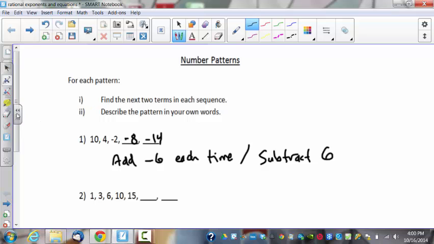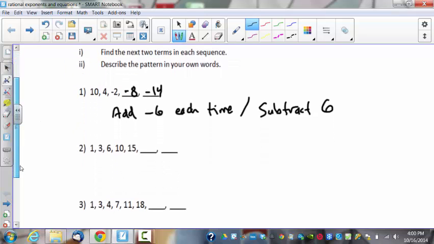And because you are adding a positive or a negative number each time, this is actually called an arithmetic sequence. We're going to see this in a later chapter, but just for your information, this is called an arithmetic sequence. All right, number 2 is not an arithmetic sequence because you are not adding the same number each